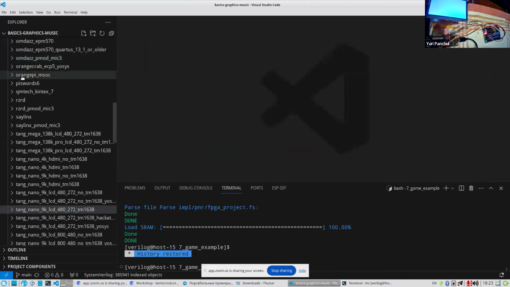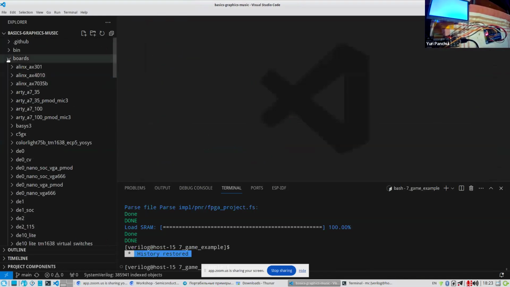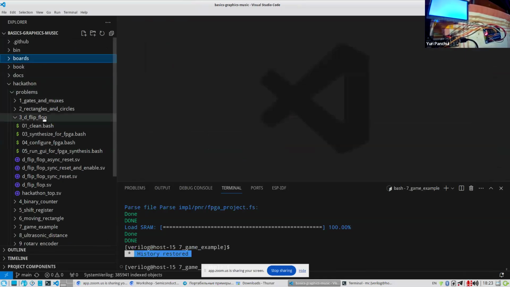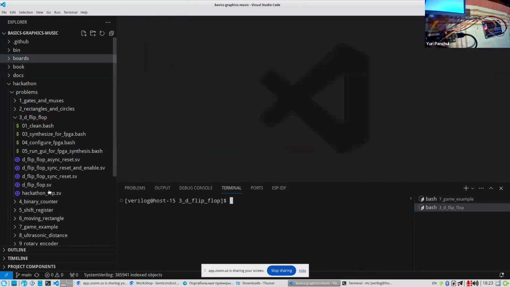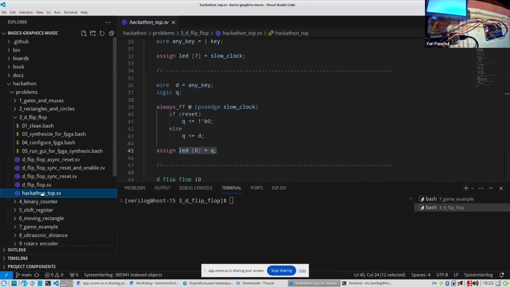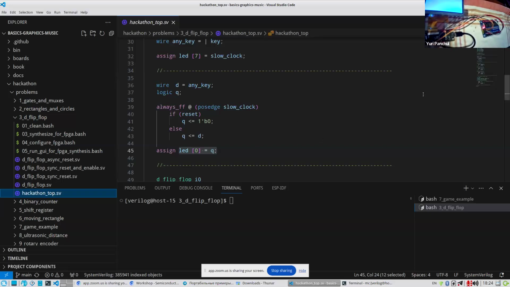So now if you go to the hackathon problems or solutions, go to D flip-flop. If you look at this example, you can see a code.